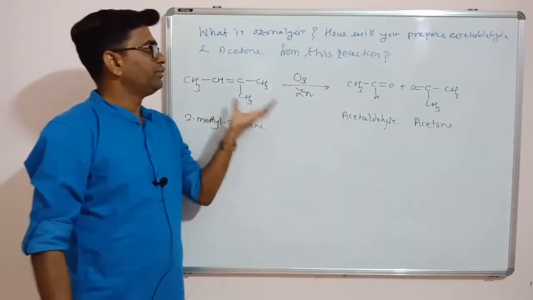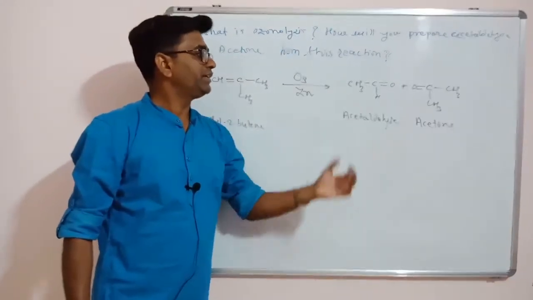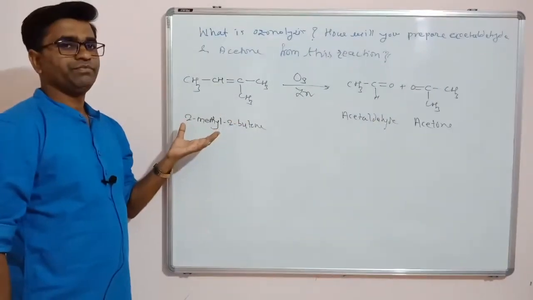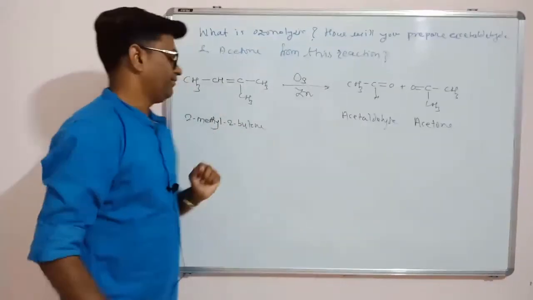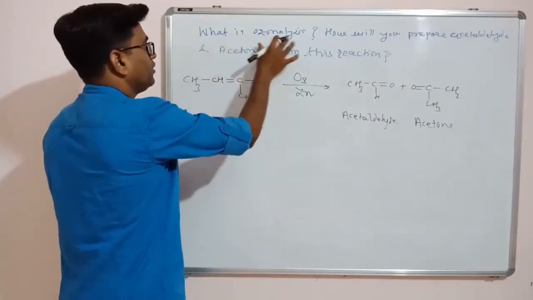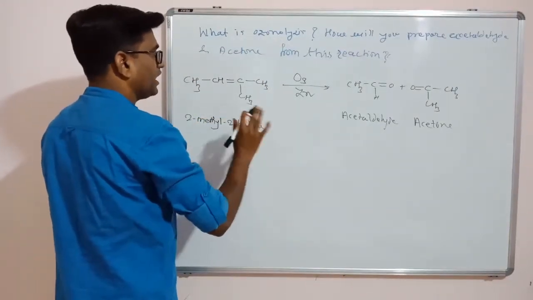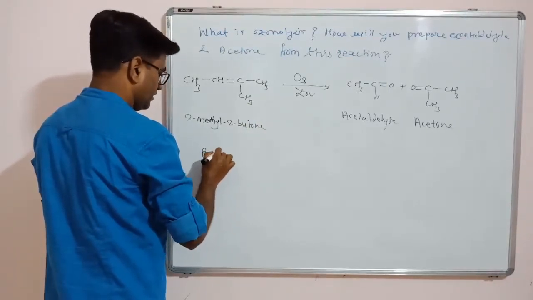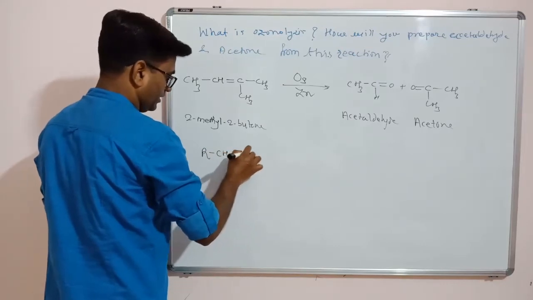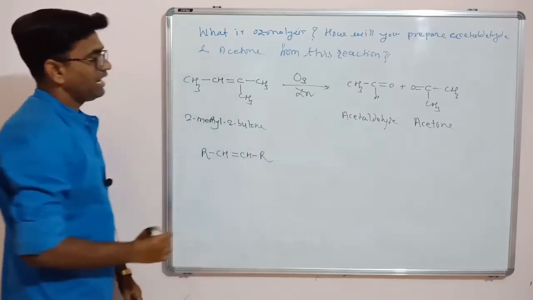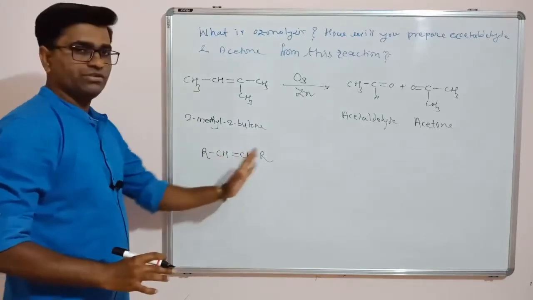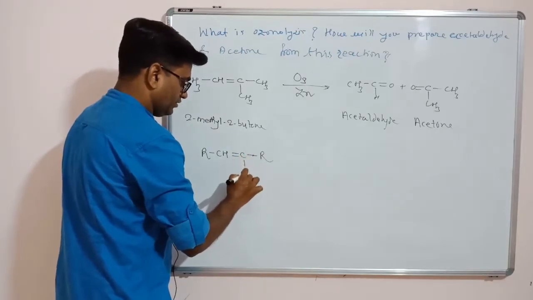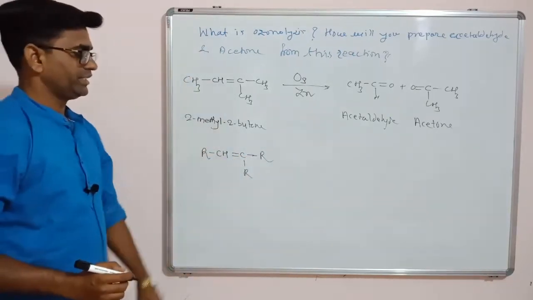If you know what the ozonolysis reaction is, then you can also write it in the backward manner. If these are the starting materials, what will be the product? I will just explain the reaction. Ozonolysis means oxidative cleavage of a carbon carbon double bond. For example, here RCH double bond CHR. Suppose this is an alkene, any alkene. If this is R also, no problem, just like the previous example.